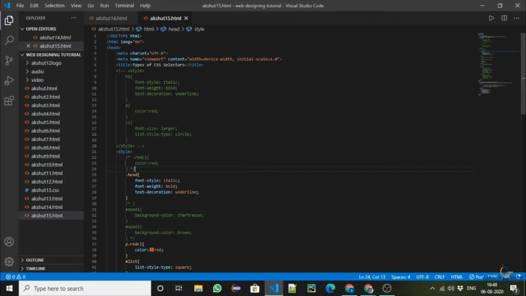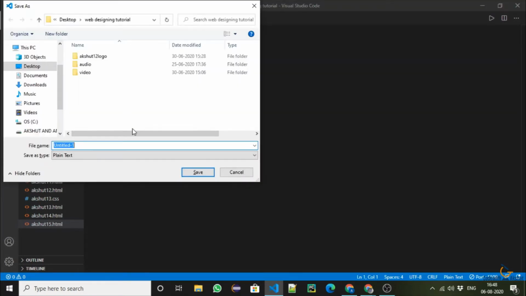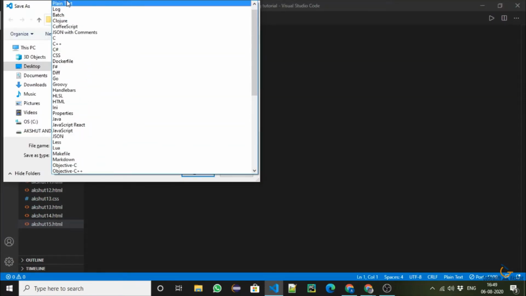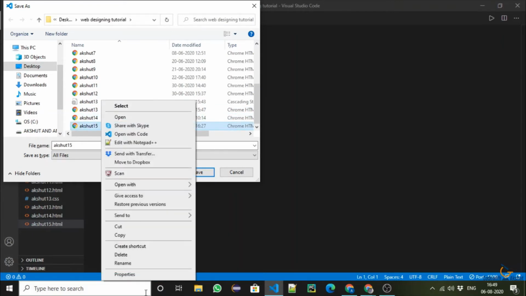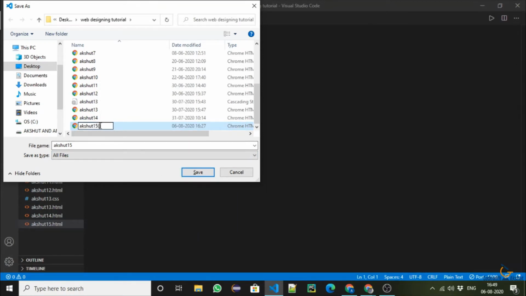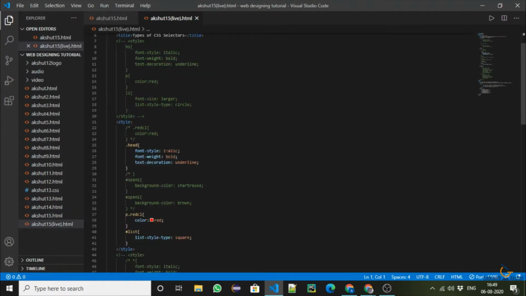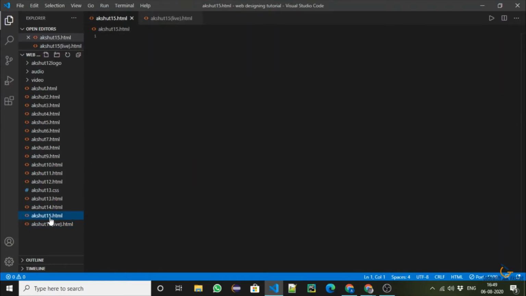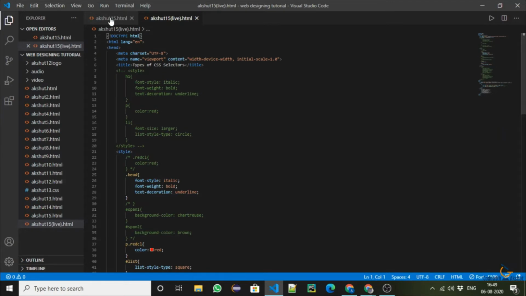So first, what I did was make a file. I will duplicate a file and rename that file Akshat 15 live. Okay, and this would be the new file Akshat 15. So this was the live one that I made. Now I will tell you about this one, Akshat 15, what I did. I will do the same and tell you all that I told.